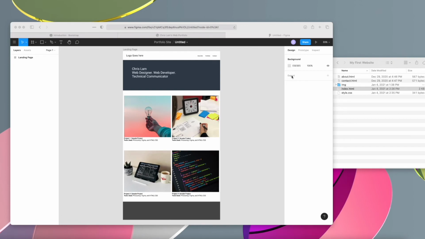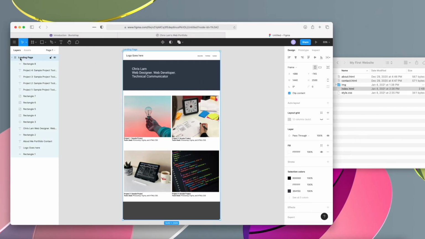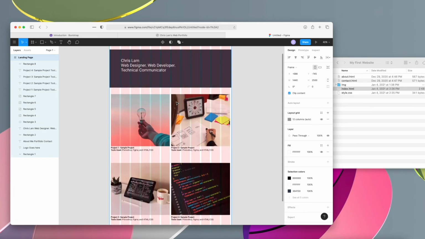If you're more advanced, feel free to create your own mockup in Figma and try to create that in HTML and CSS on your own. But let's take a look at the grid here. Let's turn it back on. And again, just as a quick reminder, we've got a